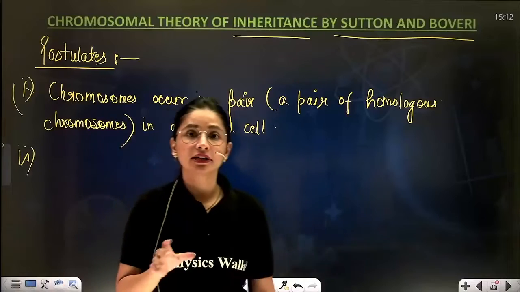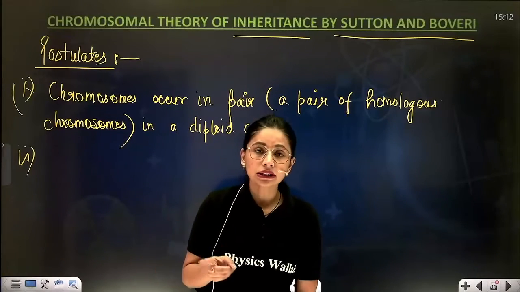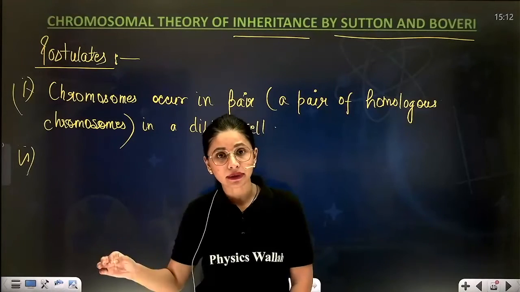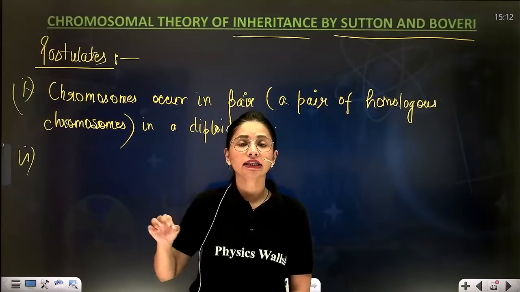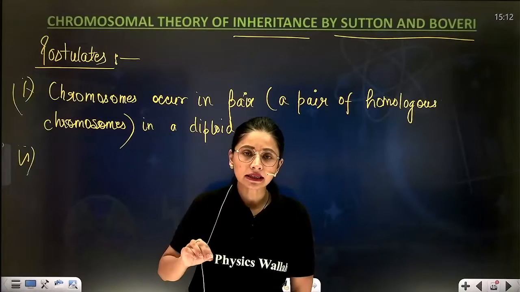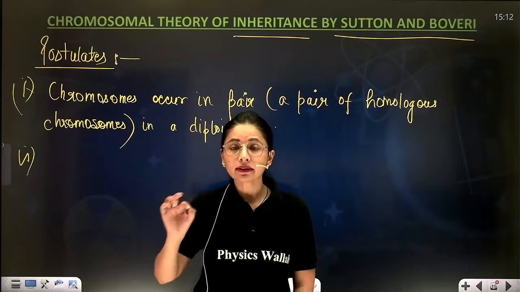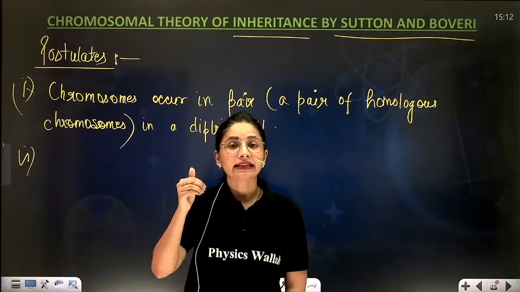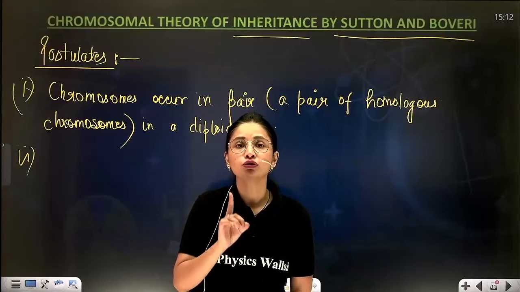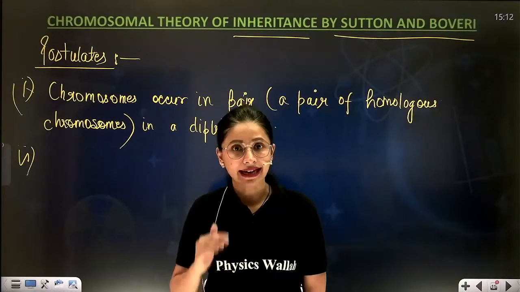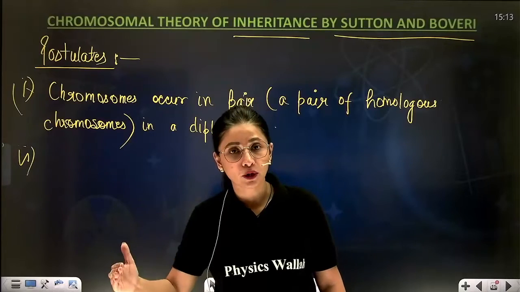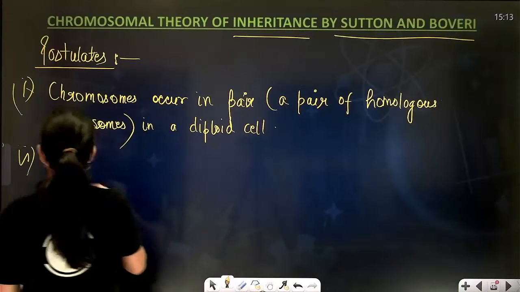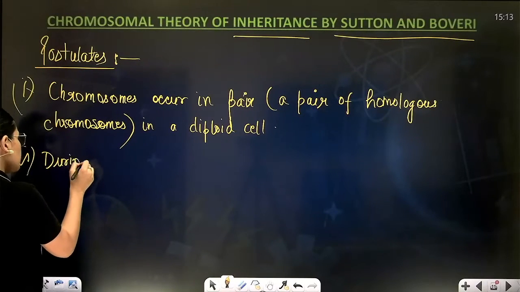Second point: Mendel said that during segregation, both the alleles of the gene segregate independently and each gamete receives only one allele out of the two. Similarly, Sutton and Boveri said that during meiosis, the pair of homologous chromosomes separate and each gamete receives only one out of the two. Clear? That is why gametes are always pure and haploid, because they receive only one chromosome out of the pair. So the second point: during meiosis,